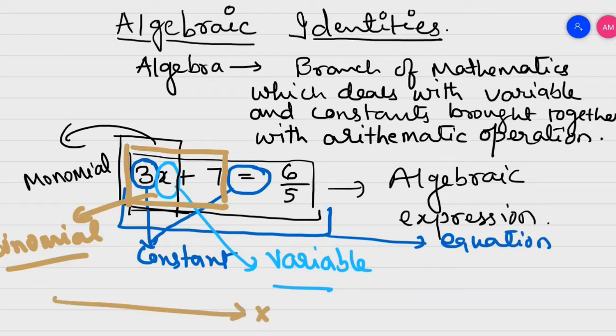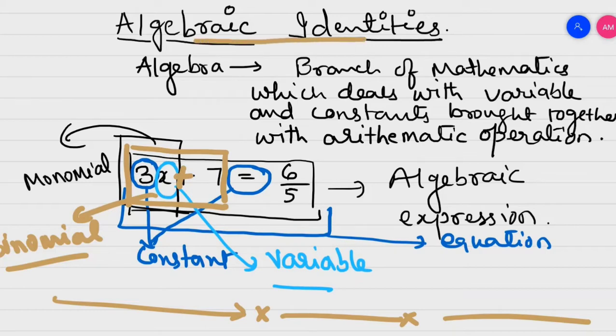Not only this, we also know how to add, how to subtract two algebraic expressions from one another. You also know like terms and unlike terms. Now what is a term? See, 3x is a term, 7 is a term, and you have brought both the terms together with plus. So this is what you have learnt in your previous classes. Now let us move forward with the coming concepts in algebraic identities.